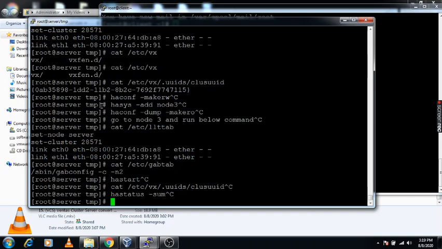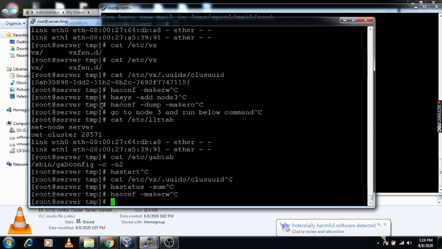Then I am adding node 3 in the system list using haconf -makerw. This command you need to use: hagrp -modify, then you need to specify the service group name, and you need to specify the SystemList, which is a group attribute.